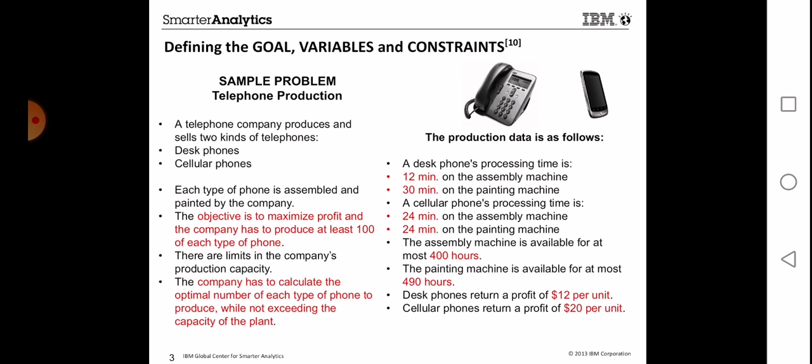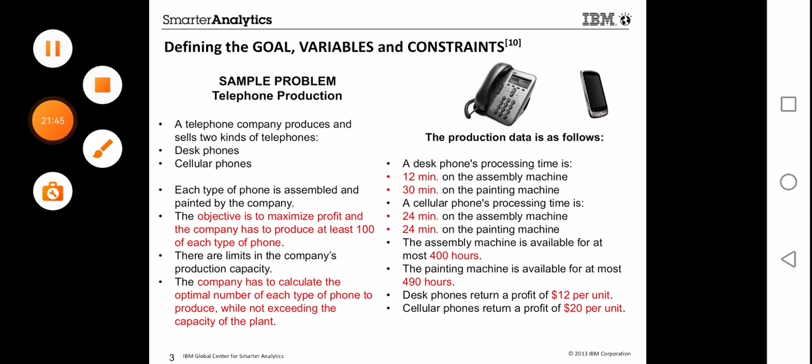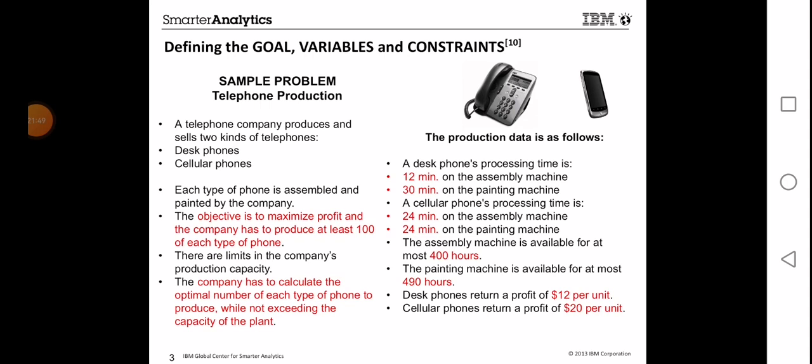Okay, so our goal here, the objective is to maximize profit, and the company has to produce at least 100 of each type of phone, while